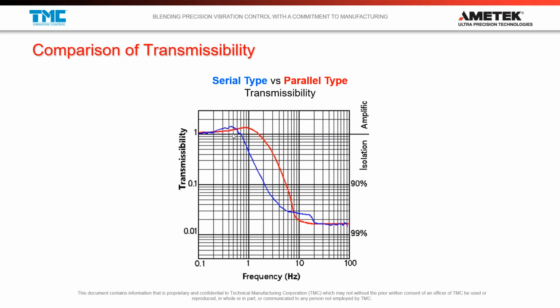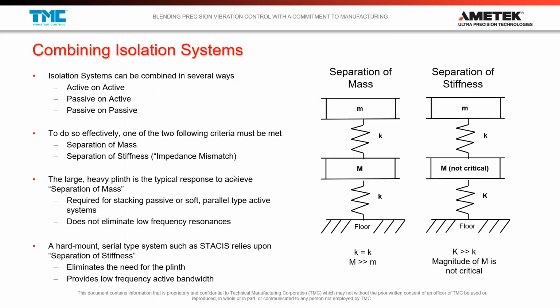That's actually something that's never found to be problematic. It's so low, it's actually considered to be more like rigid body motion. Okay, so you've got two types of isolation systems: you've got your reactive systems and you've got your parallel